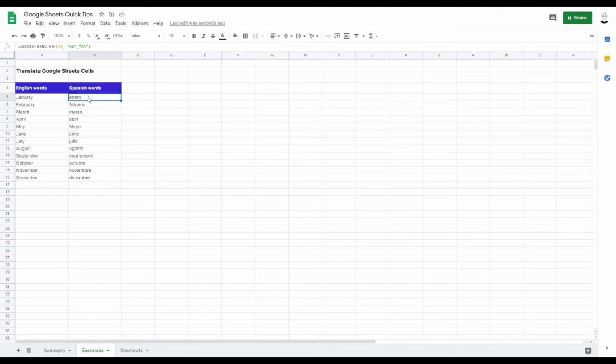Now, if you want to translate into a different language, let's say not Spanish, let's say you want to translate to French, okay? Again, you need to use FR, which stands for French. Again, back to two-letter language codes. Now press Enter, and as you can see, the English word has been translated to its French equivalent. Again, we're just going to drag until the end, and as you can see, all our English words have been translated